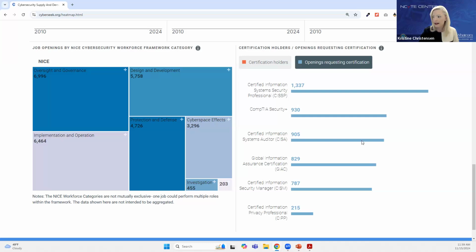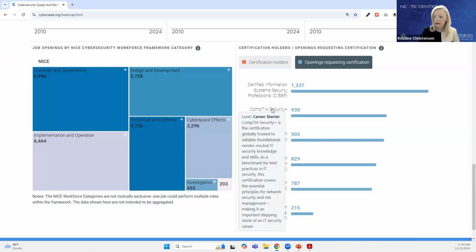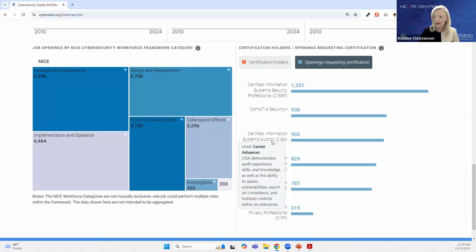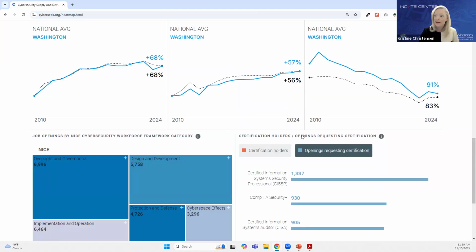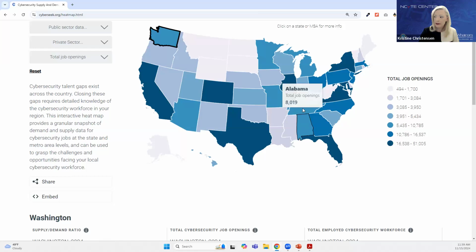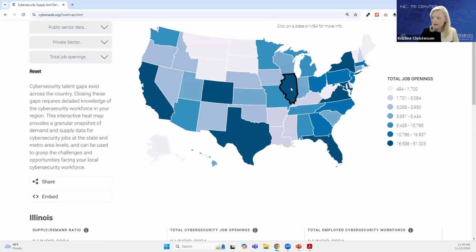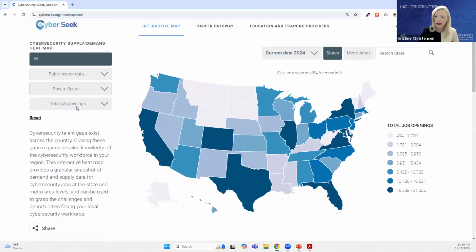So what's important? Your student's not going to start with the CISSP because they can technically take it, but they need the 5 years experience. But it gives them an idea of what each of these certificates are, whether it's starter or advanced. I don't think these are all advanced, too. So the starter is kind of the Security Plus. But it will tell you all different types of things, and you can click on even further along using these different filters.